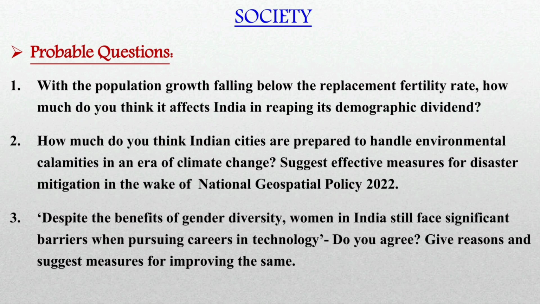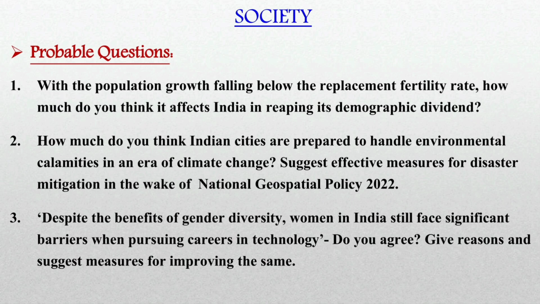Now, moving on to society, which is a very important subject in General Studies 1 paper, which has some overlapping topics in General Studies 2 paper, that is the social justice. Let us look into some of the probable questions from this part. With the population growth falling below the replacement fertility rate, how much do you think it affects India in reaping its demographic dividend? Second question, how much do you think Indian cities are prepared to handle environmental calamities in an